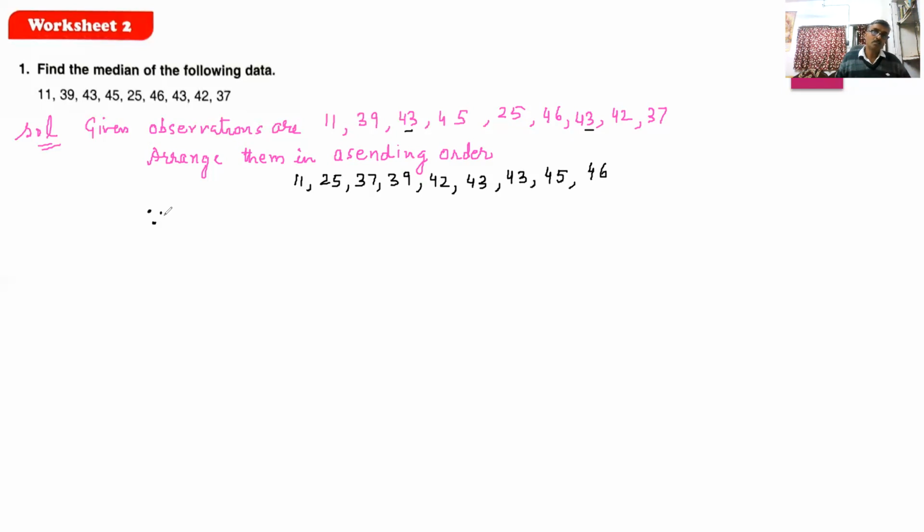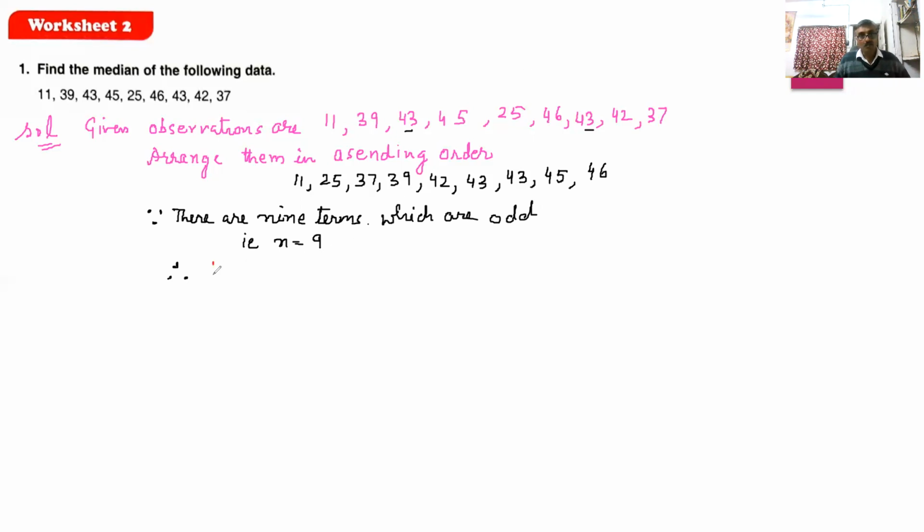Since there are 9 terms, which are odd, that is, we'll write down here n is equal to 9. Therefore, क्या होगा फिर? Therefore,